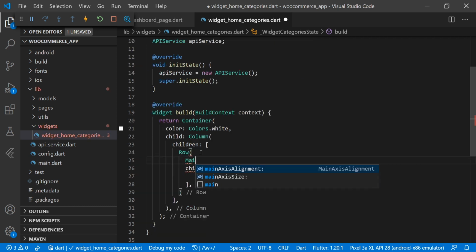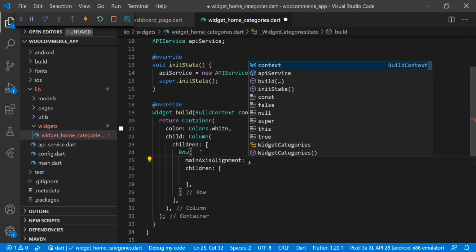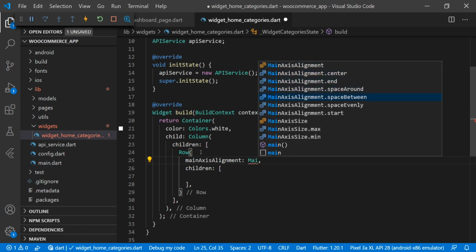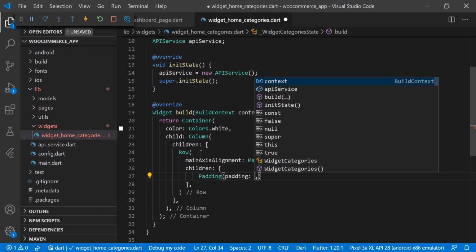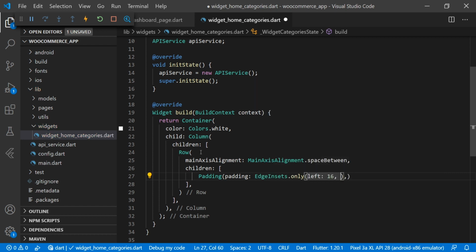Here we have a main axis alignment, and we are using main axis alignment dot space between. For the children we are using padding, giving left 16 and top 4.